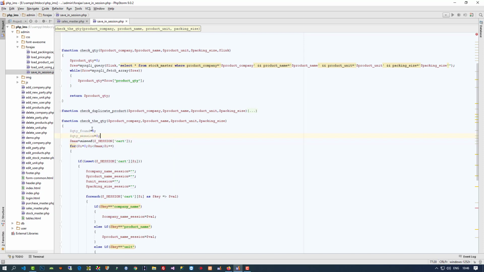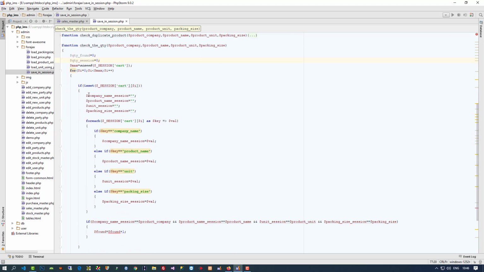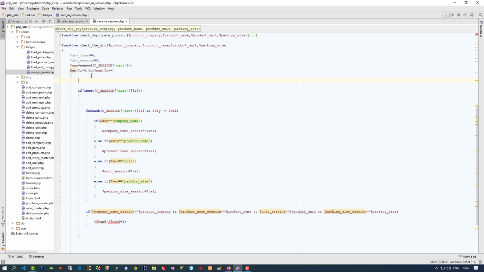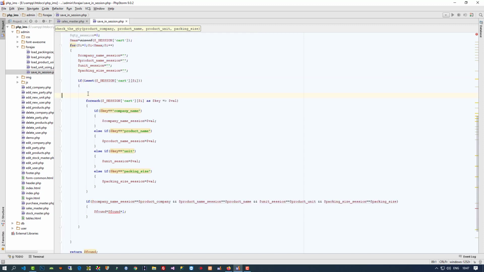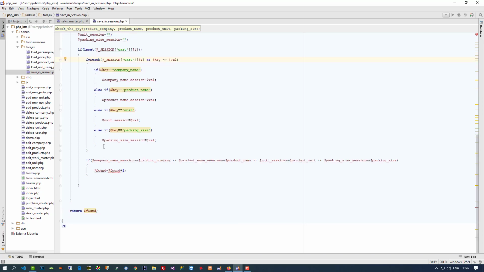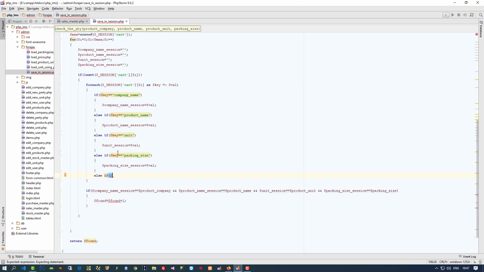and $qty session, then maths is fine, for loop is fine, I'm going to cut these things and paste here. Then this if condition is fine, then for each loop is fine, and here we need to write one more condition,